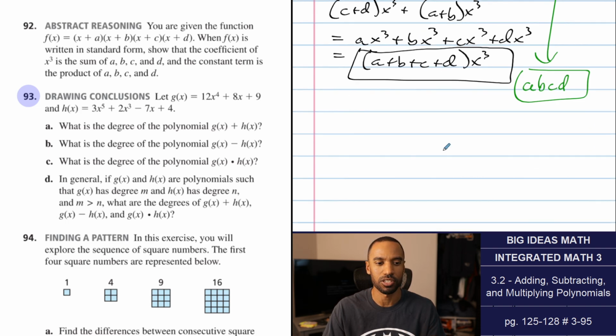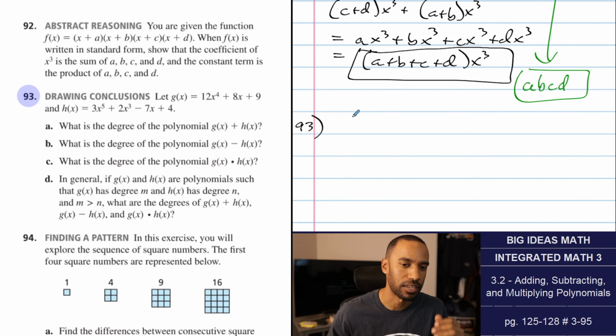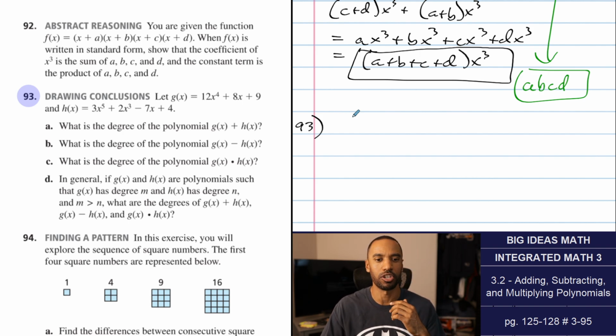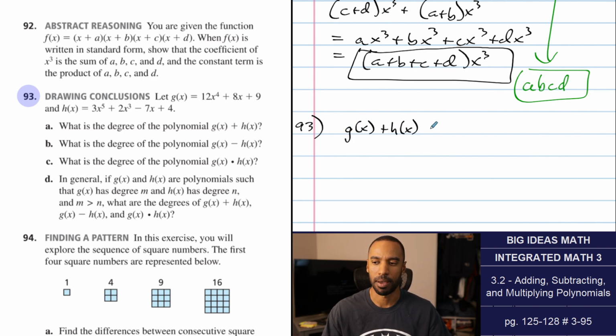Let g of x, there are 4 parts to this. Let g of x equal 12x to the 4th plus 8x plus 9, and h of x equal that guy. What is the degree of the polynomial g of x plus h of x? They're not asking to explain. It's all about the degree. Degree of the polynomial is going to be,